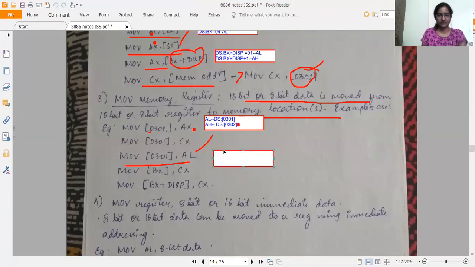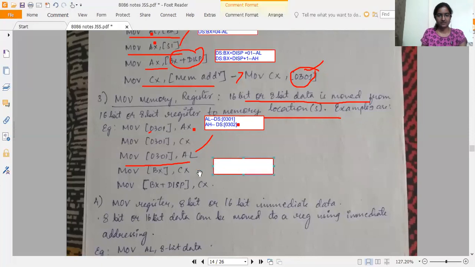Which was the example? Yeah, this one. The content of CL is moved to DS:BX. We don't know what the content of BX is.